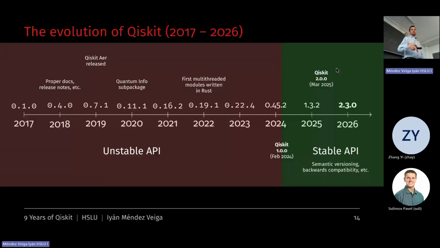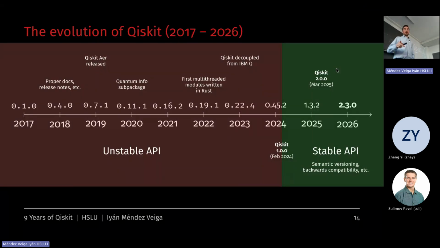And then in 2022 is where they started to rewrite core things from Qiskit in Rust. They started first with some steps on the transpilation, and now they are even implementing the core, so the gates. Everything, they want to keep the Python interface for the user to code, but everything that affects performance, they want to write it in Rust.